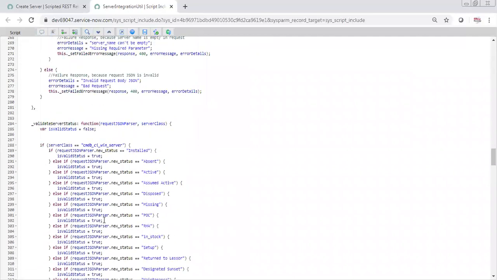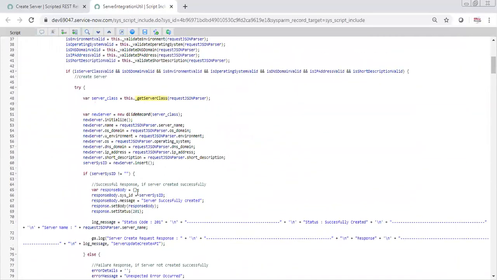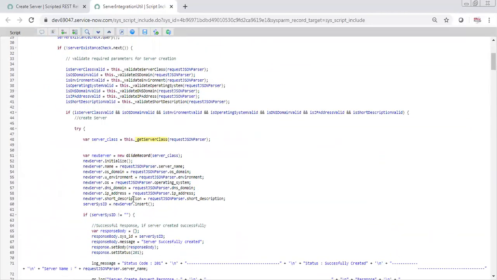Based on what they have sent, my variable called server class will get either CMDB-CI underscore Windows server or CMDB-CI underscore Linux server, and that is what I am glide recording on. So I am doing a glide record on the correct table, either Linux or Windows.